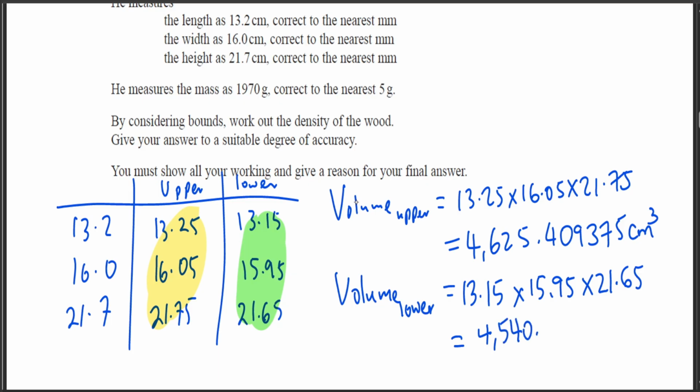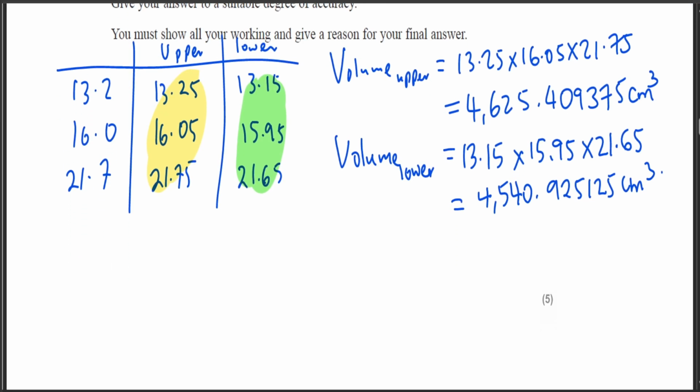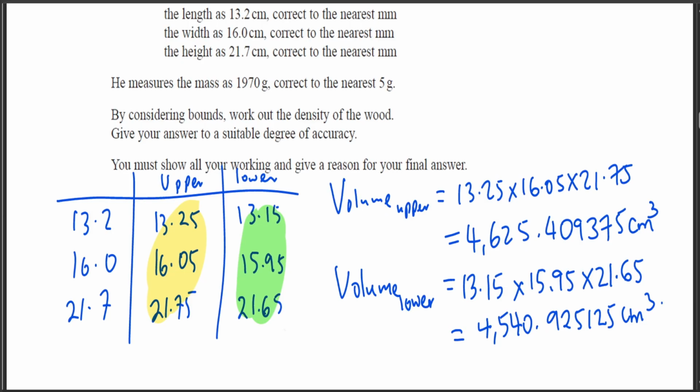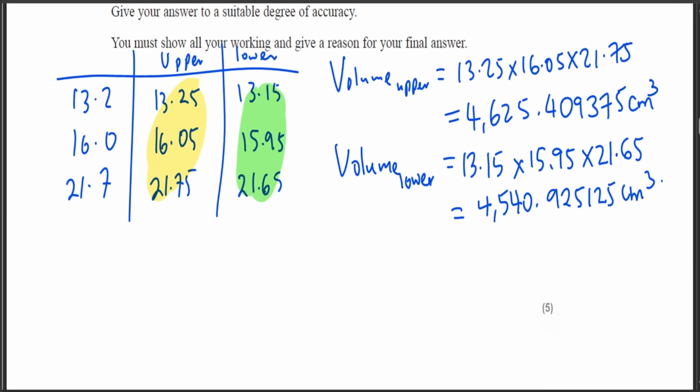4540.925, a lot of numbers, 925,125. Let me just write them. Now those are the volumes. Okay. Now what if you know in a there's mass, density, and volume. Let's look at mass first. The mass is basically